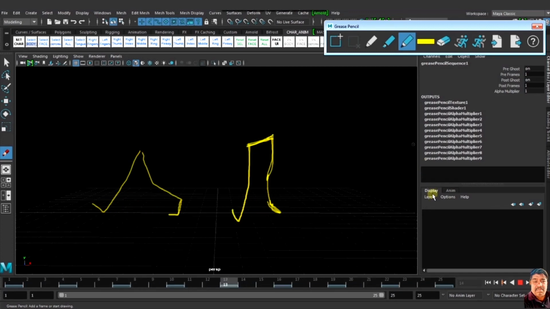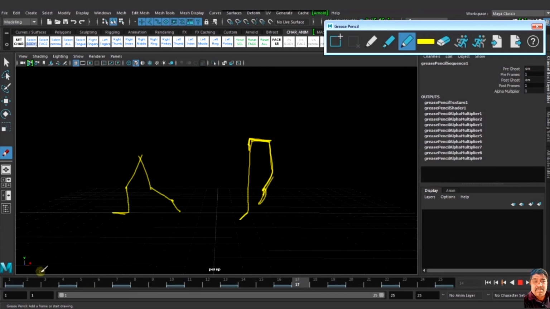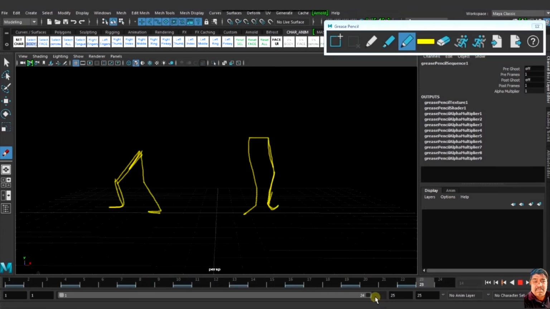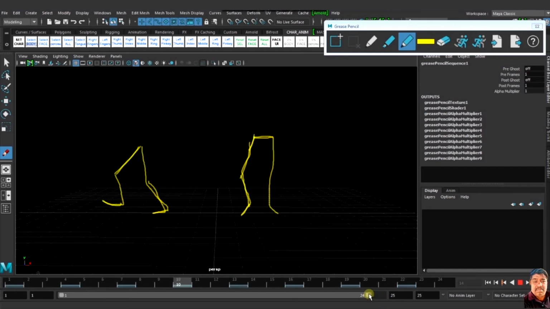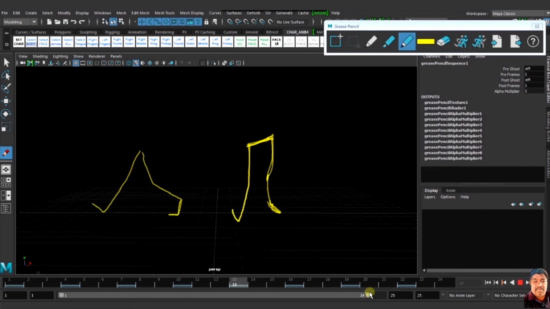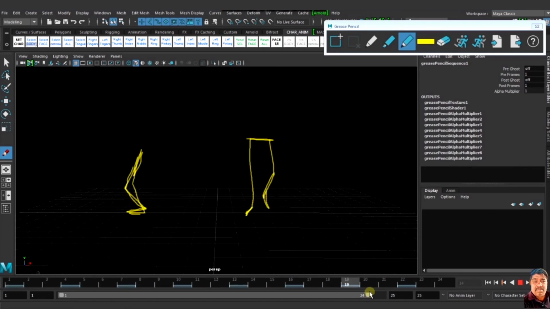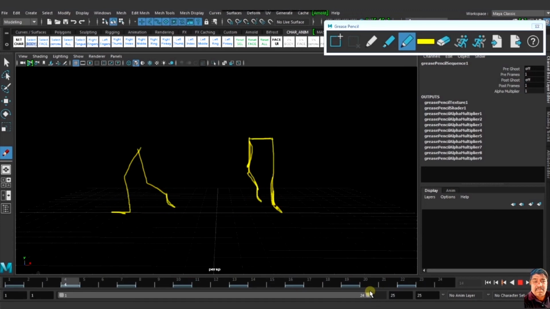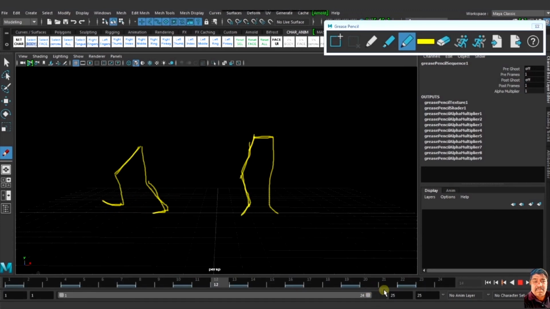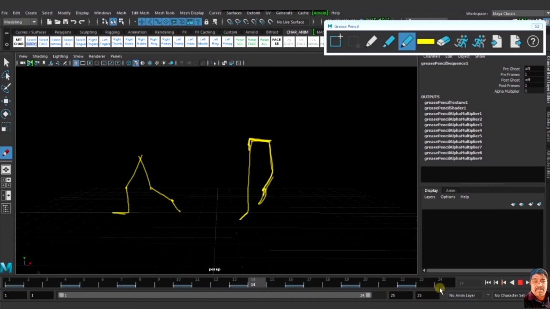So again, number 1 and number 25 are the same, so I just put it back from 1 to 24, then it is a complete loop. 25 and 1 are the same, so one pose comes 2 times.